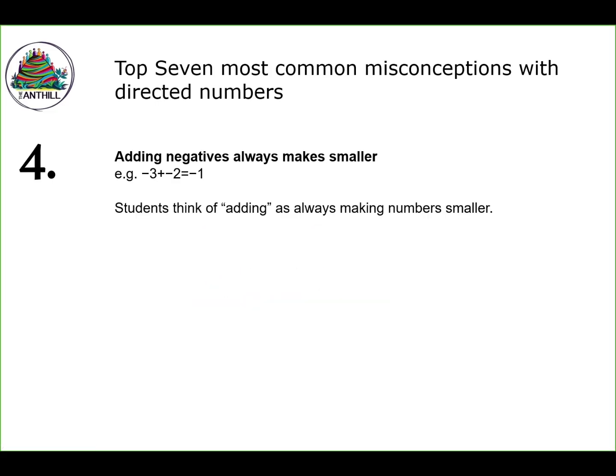At number 4, we have students thinking adding negatives makes numbers smaller. So for an example here, we've got negative 3, and then we add negative 2. A lot of students could possibly think that the answer for this could be negative 1, and that is not the case. So what is going on here is they think that because you're adding, the number is moving towards the 0. And again, the number line,